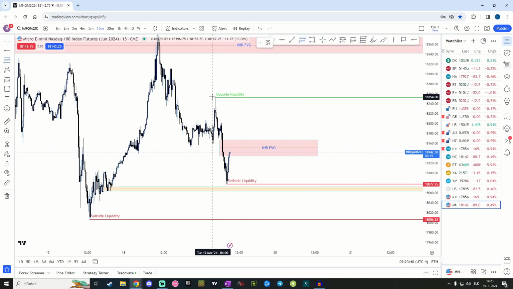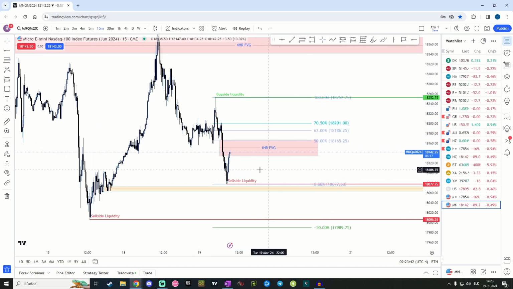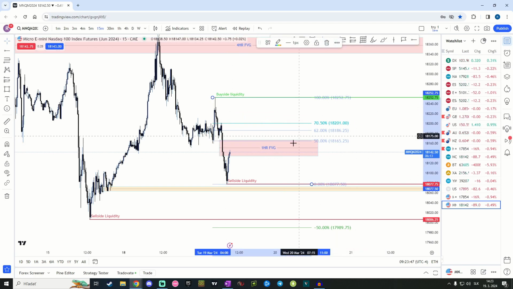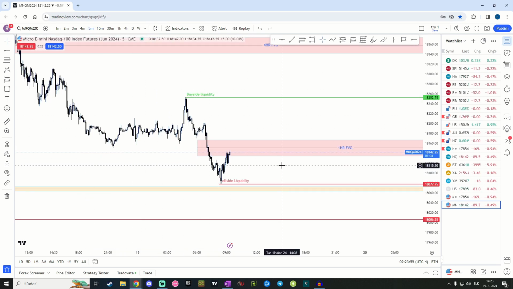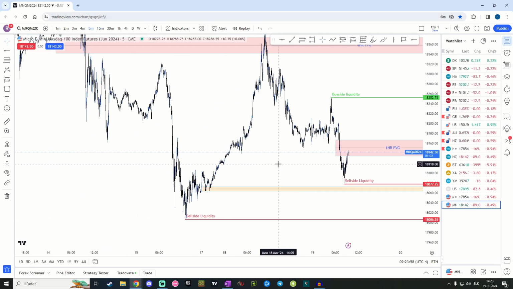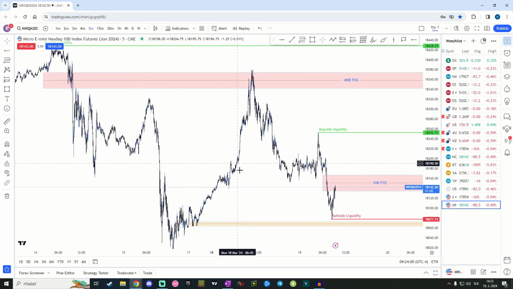We're also trading inside almost equilibrium of this price leg. So we might see the market coming back up to the 50%, or just respecting the 1 hour fair value gap and we'll reach lower. Would I favor more, based on these